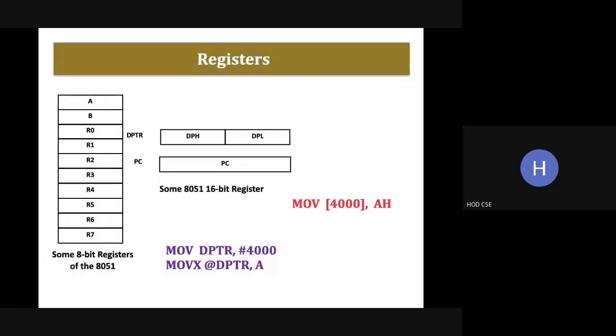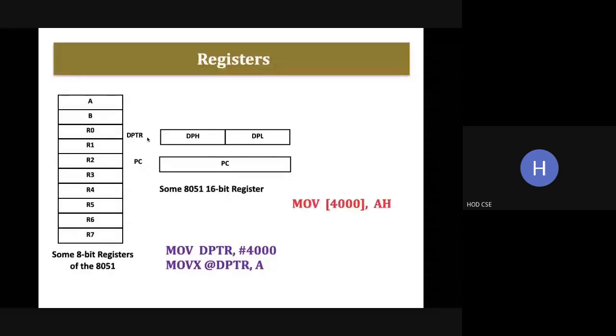Unit. All this will be controlled by the special function registers. So this is the architecture of 8051. These are the registers available for programming. Here we have the programmable registers: the accumulator, the B register, and a set of registers from R0 to R7. These registers R0 to R7 will be available in the memory bank. We'll be seeing it later.